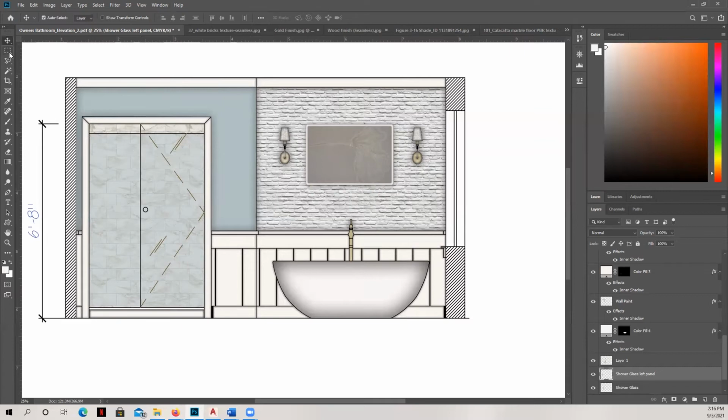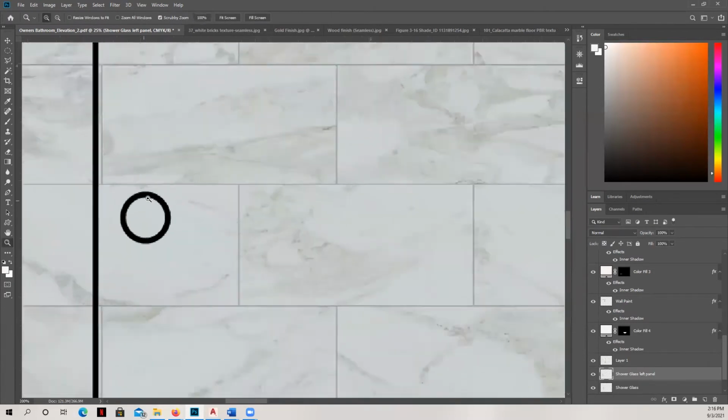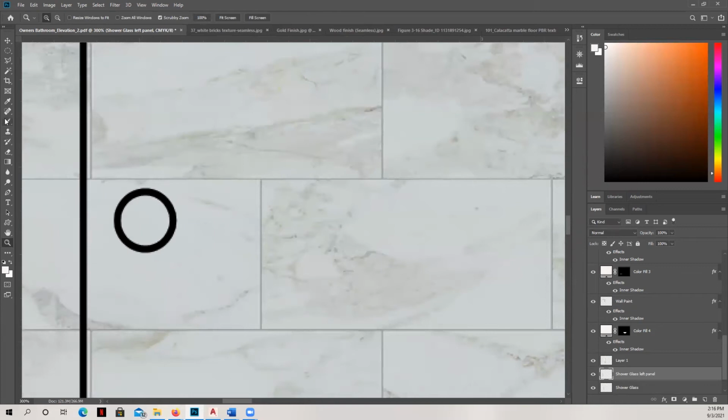And then the only thing that I need to do now is grab my elliptical marquee and zoom in. Because this is going to be gone once I get rid of the underlay here and adjust the order, I need to make sure that I have a door handle. I'm just using my arrows to get that up and over.